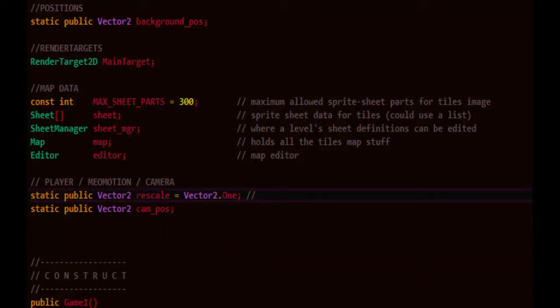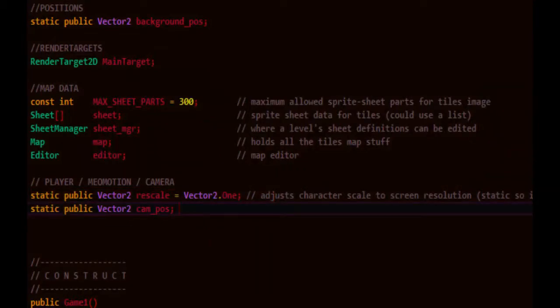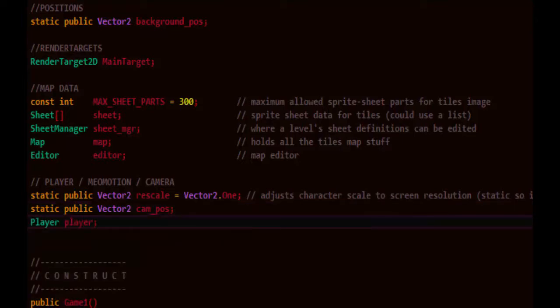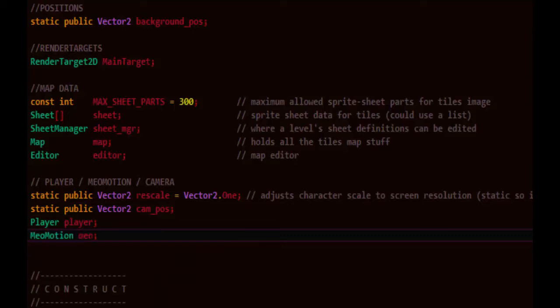And I'll just make a comment on this. So I made this static so that any creatures that are spawned, or your characters or whatever, they'll all be rescaled based on whatever the current resolution is. And that way everyone has access to it and they can all be scaled together. Okay, we're going to have a player class, which we're working on right now, and need the MeoMotion class. So let's go down to